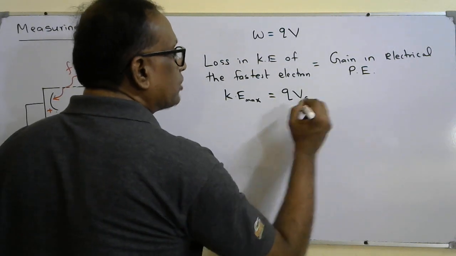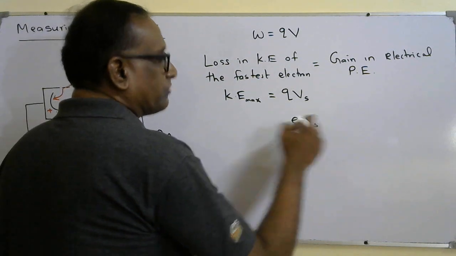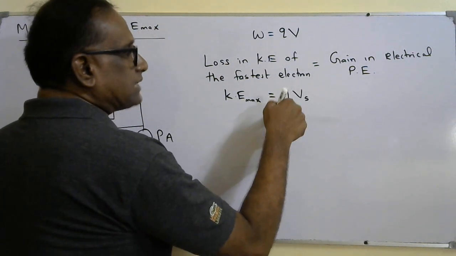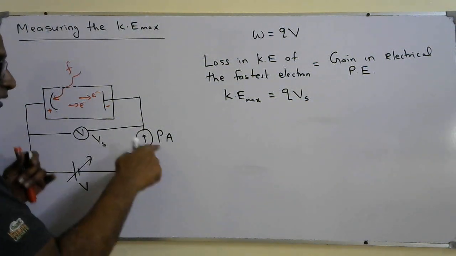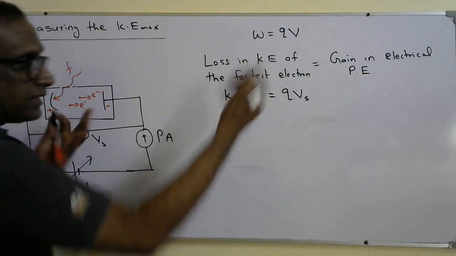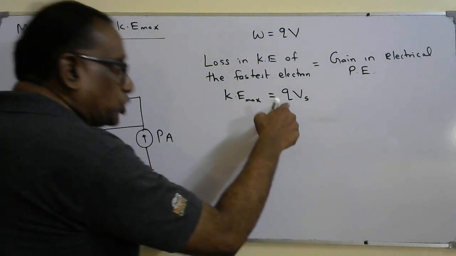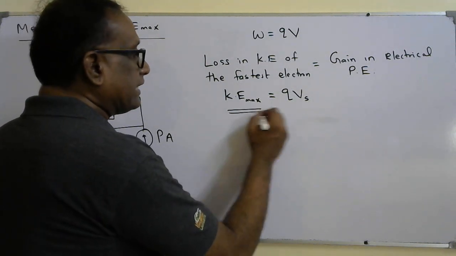Q is the charge of the electron, or in some books they use eVs, where e is the charge of the electron. Either way, Q or e, you can use, no problem. Q is the charge of the electron, and Vs is the voltage recorded by you when the picoammeter reading becomes zero. Now we know that Vs is recorded from the voltmeter. You know the charge of the electron, 1.6 × 10^-19. We know the kinetic energy of the